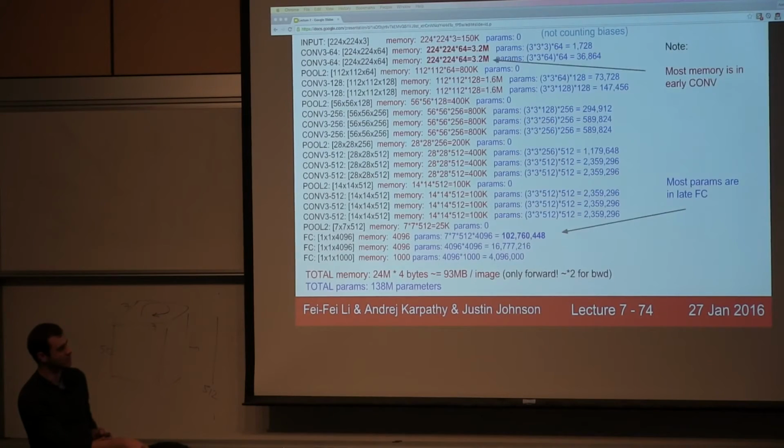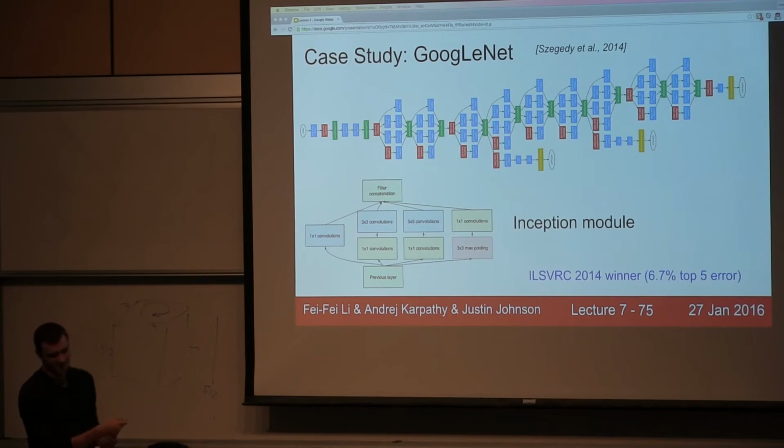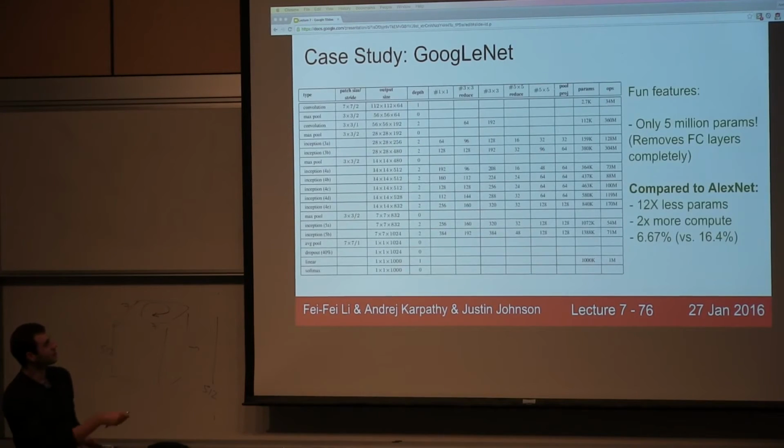15.4%. So we've come down quite a bit, and we're now at roughly 6.7%. And the GoogleNet, you can go through this in the paper. I don't think I want to spend too much time on this. They have these inception layers instead of convolutional layers. What I'd like to point out, though, is you'll see here at the very end, you still have this volume